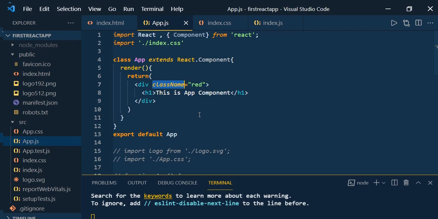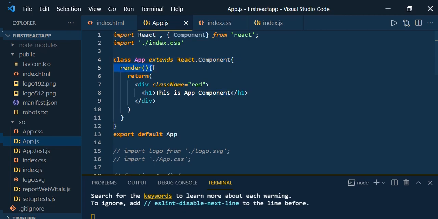But as of now, you can see that creating a component is very easy: class and the component name, then extends. We have to extend because the component should take all the properties and methods from the Component class of React. So React.Component, and it uses the render method.